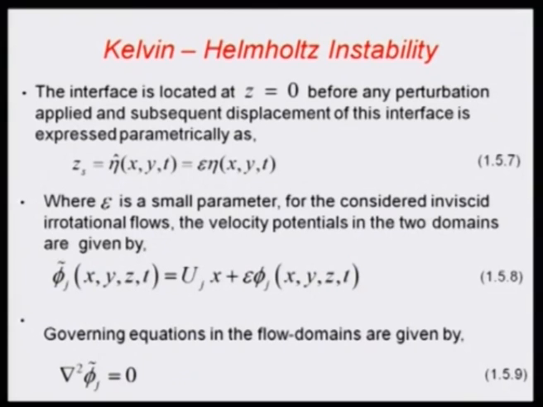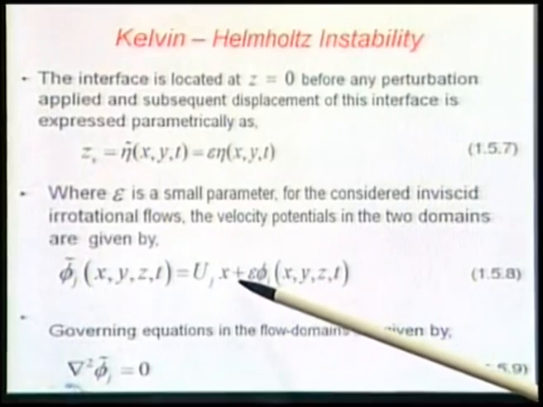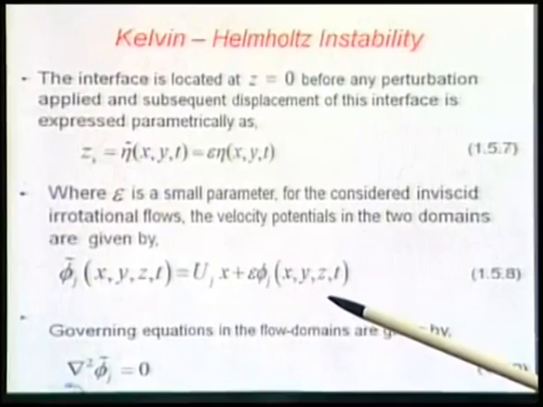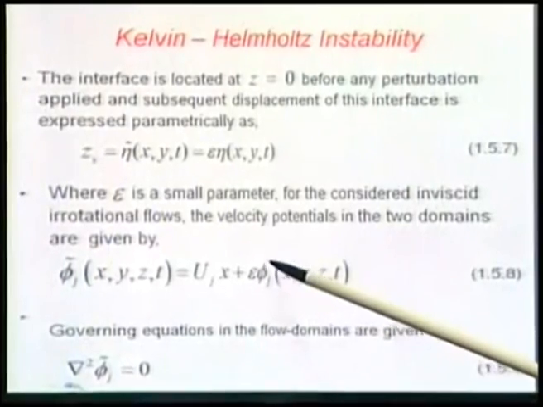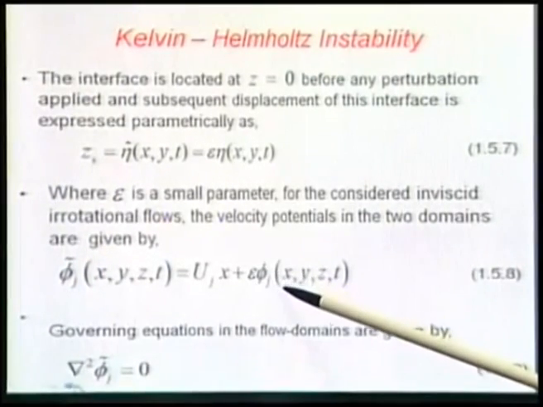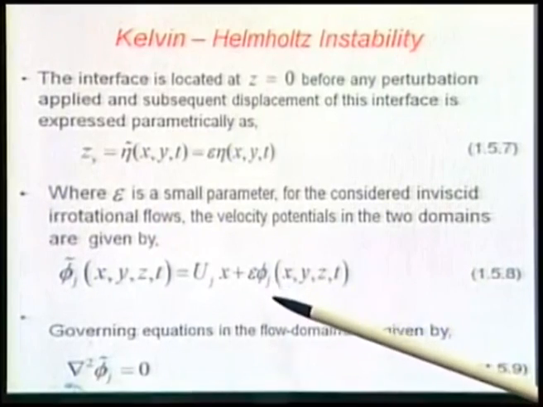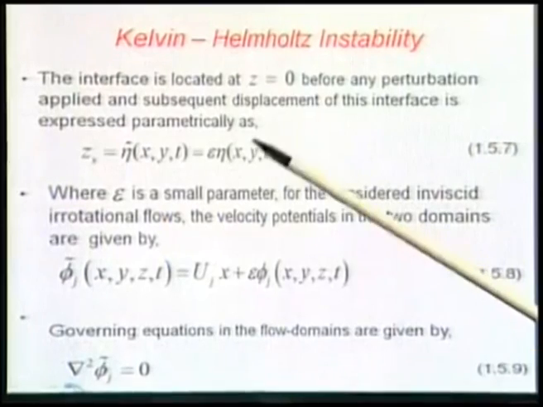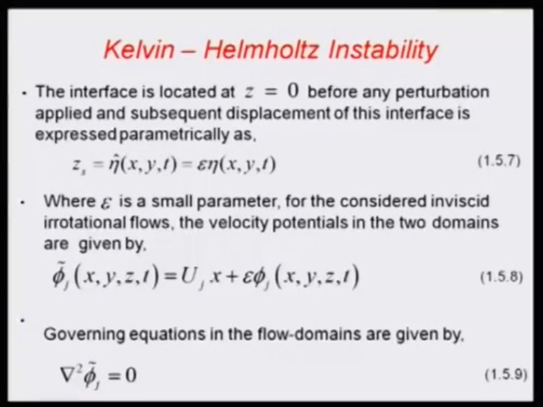So, I could superpose solution. So, I have the basic equilibrium flow given by this first part, and to that I will say that there is a proportionate disturbance potential occurring in each phase, which I will call as phi 1 and phi 2. And since we are talking about a small parameter displacement, so I multiply this also by epsilon,